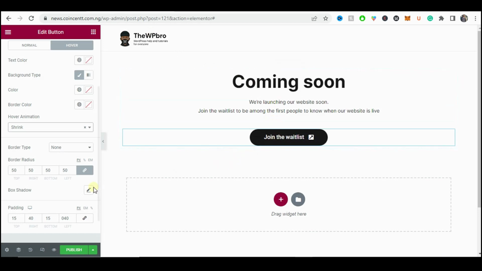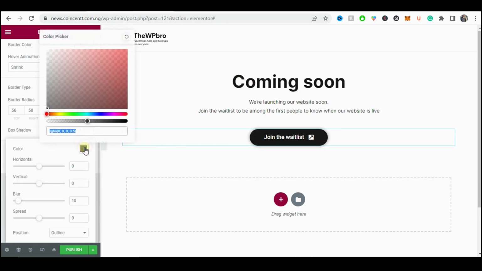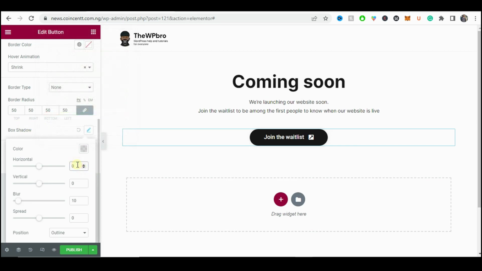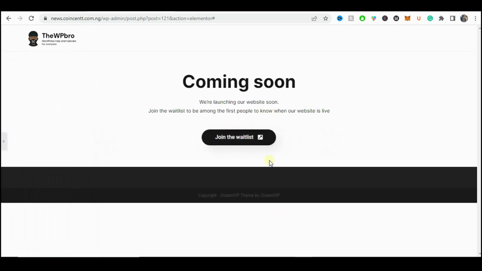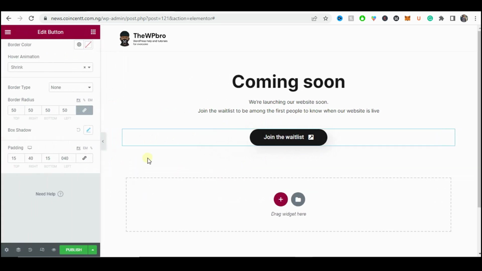to make this button pop up the more. So you just need to click on this box shadow, and then we're going to find a suitable color we can use. All right, so I have this value here, and this is what I'm going to be using. For the horizontal, I'm going to put it at 12, and then vertical can be around 11. Okay, so the blur can be around 30 rather. So we're going to use 30, and then you can see we have a shadow at the background of the